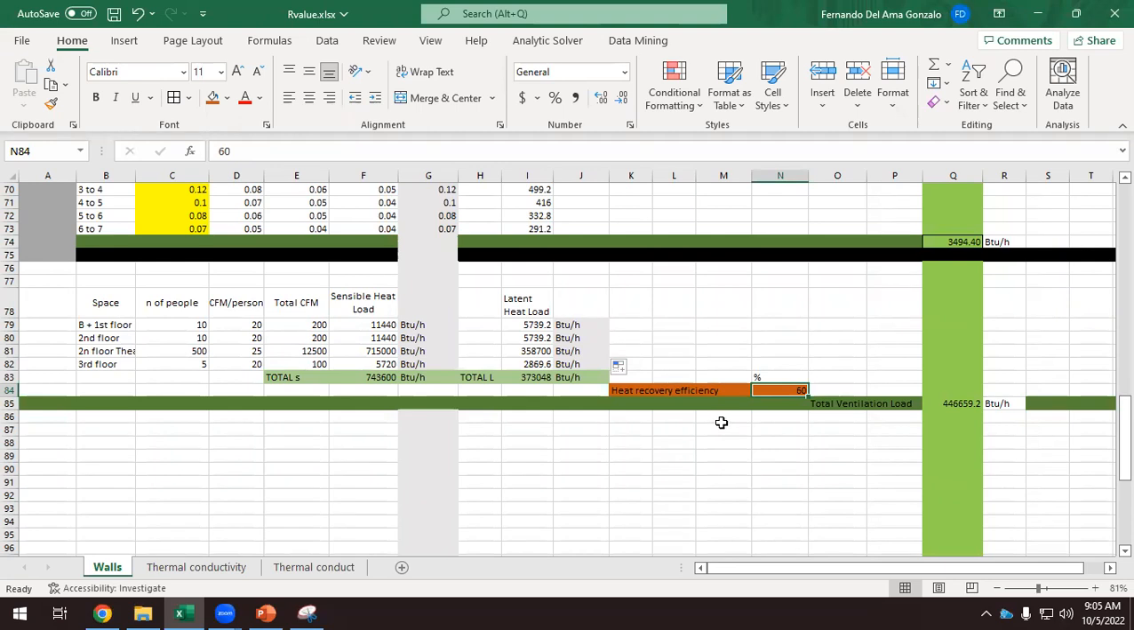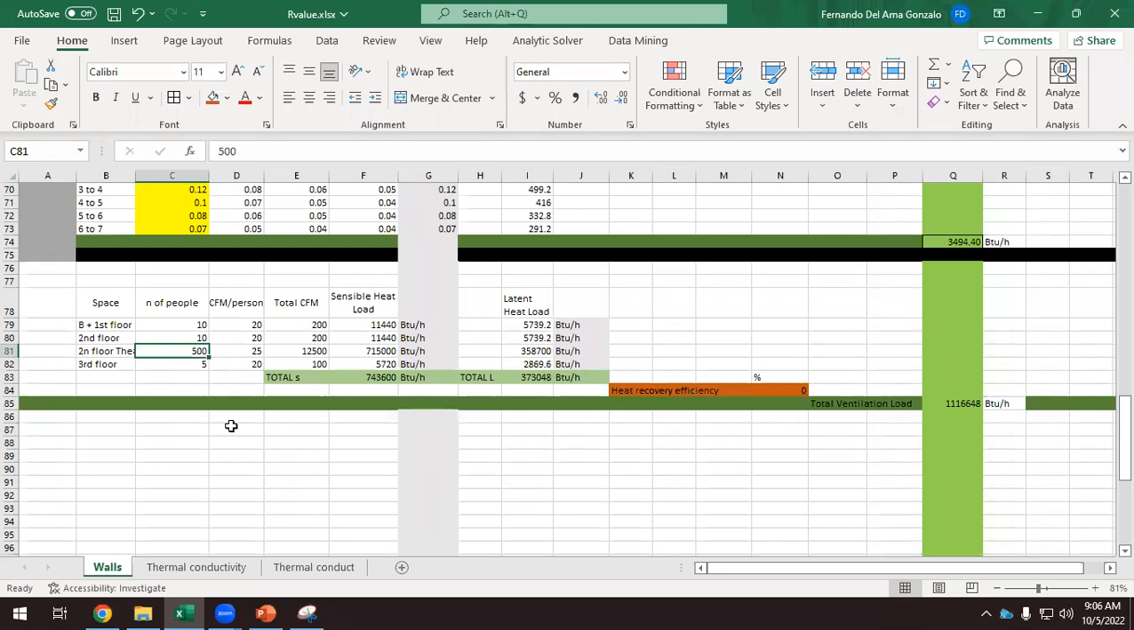What if we don't have a heat recovery? If we don't have a heat recovery, we can type here 0. So we don't have any efficiency. So that means that we don't have any heat recovery. And that number is 1 million BTU per hour. Okay, so ventilation loads are terrible when we have a lot of people. So when we have hundreds of people in a room, the ventilation load is